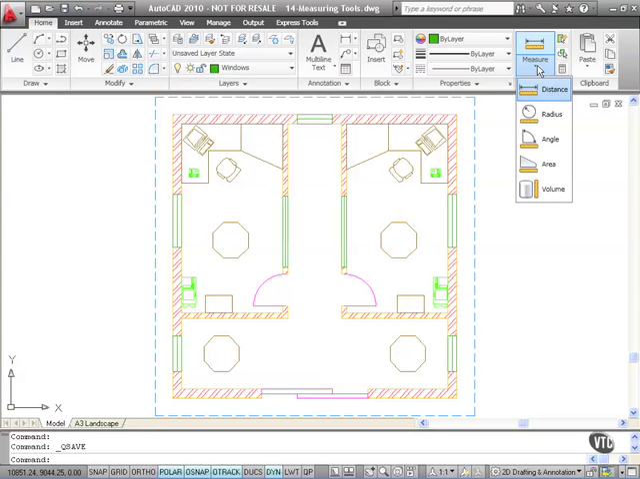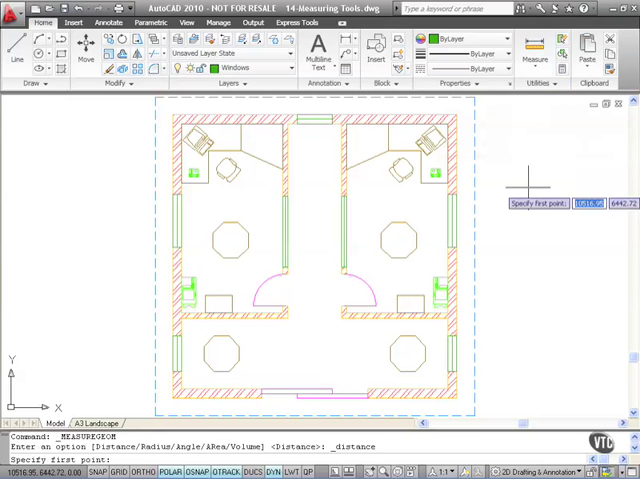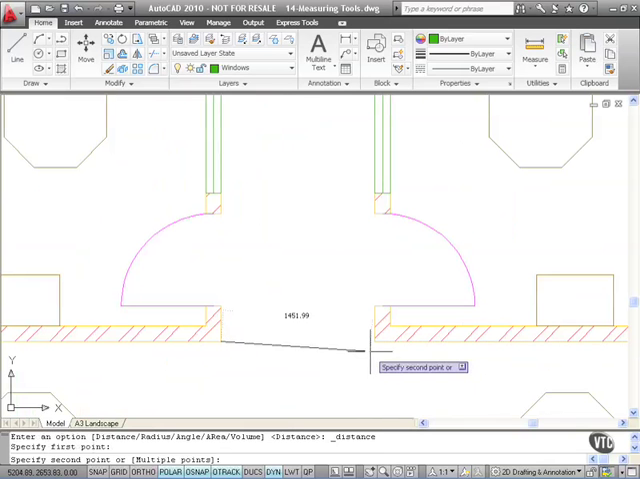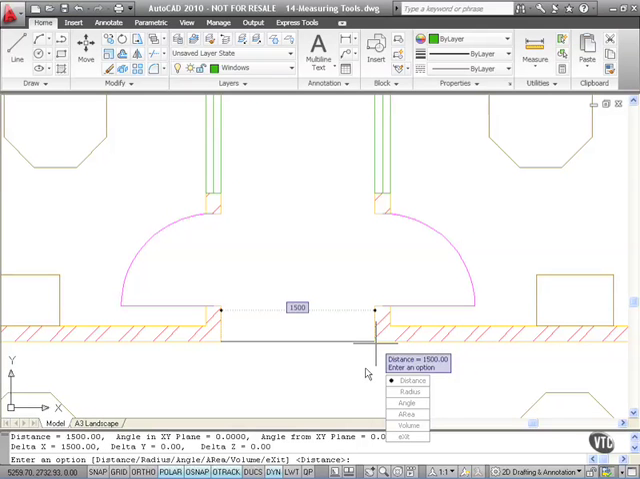However, let's have a look at distance. I click on distance and it prompts me to specify the first point. Make sure that you're using your object snaps, otherwise the distances will not be accurate. I'm going to zoom in on this middle area here, the corridor section. And I want to measure the distance from one corner of the corridor here to the other corner of the corridor here. Upon that second click, I get a highlighted distance telling me it's 1500 millimeters in this case,